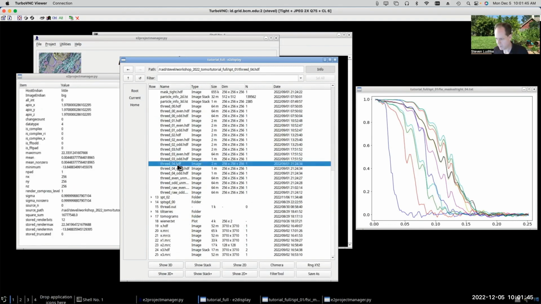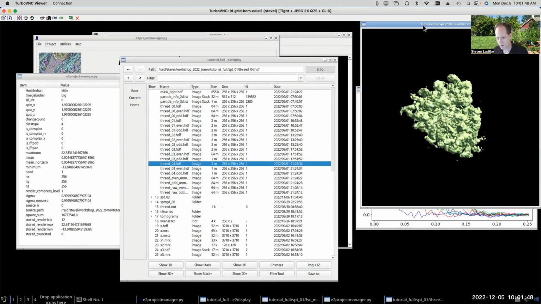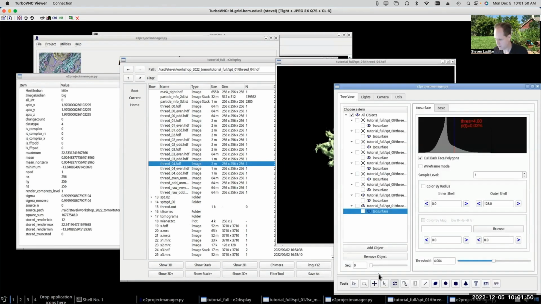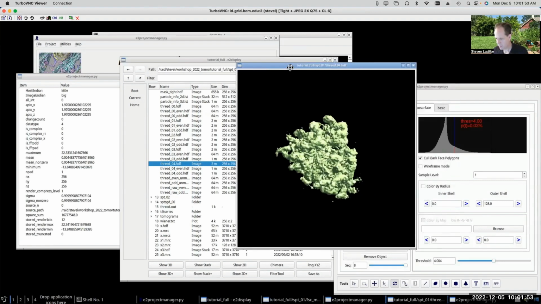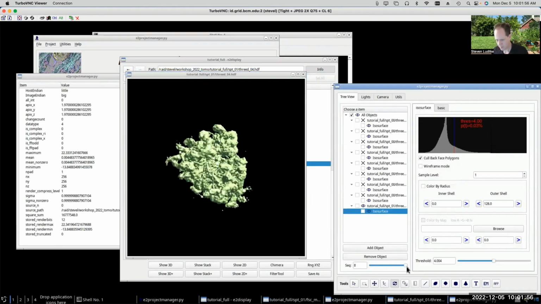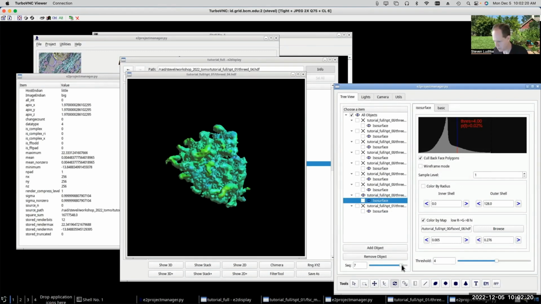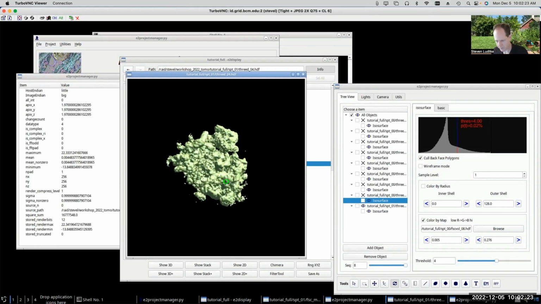So if we open up the final map that we got here and compare that, let's adjust the threshold so they're about the same. That's 4. So you can see they're filtered a little bit differently. This is a local filter where some of these slightly less consistent external features have been low pass filtered a little bit more. This is the global filter where everything's been filtered the same,